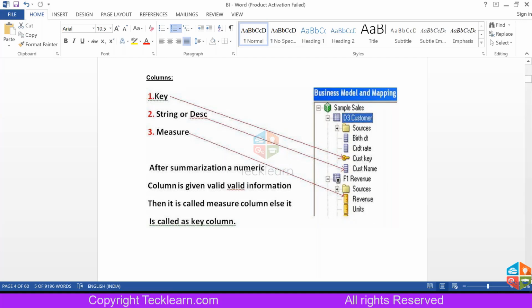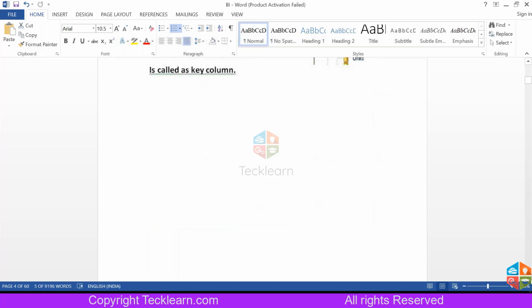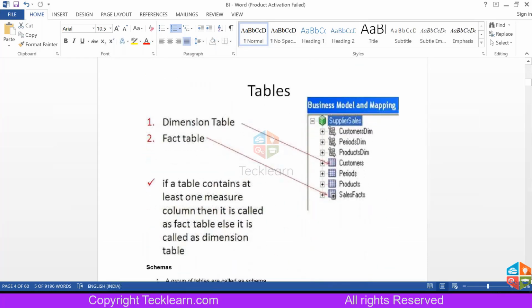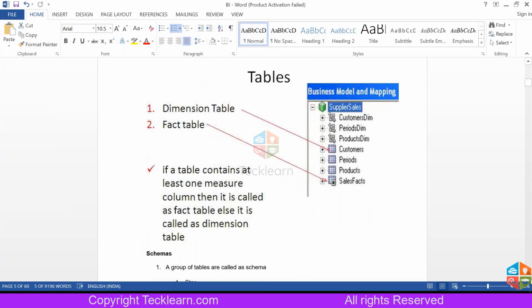What is a key? Basically, anyone? Have you heard of primary key and foreign keys? Uniquely identifying a particular row in a table. Correct. That is called as key. Primary key, unique primary identification.